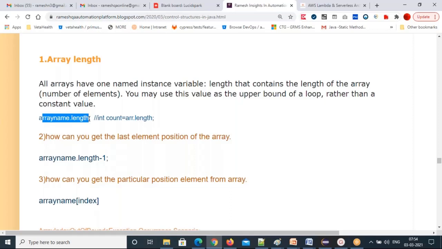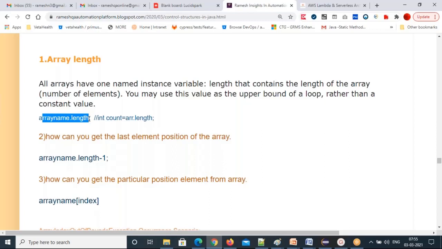If you want to print from the first element to the last element, the first element index is always going to be 0. You don't need to think. If you are printing arrays, your initialized value in the for loop is always 0. In the condition place, you put i less than array dot length.